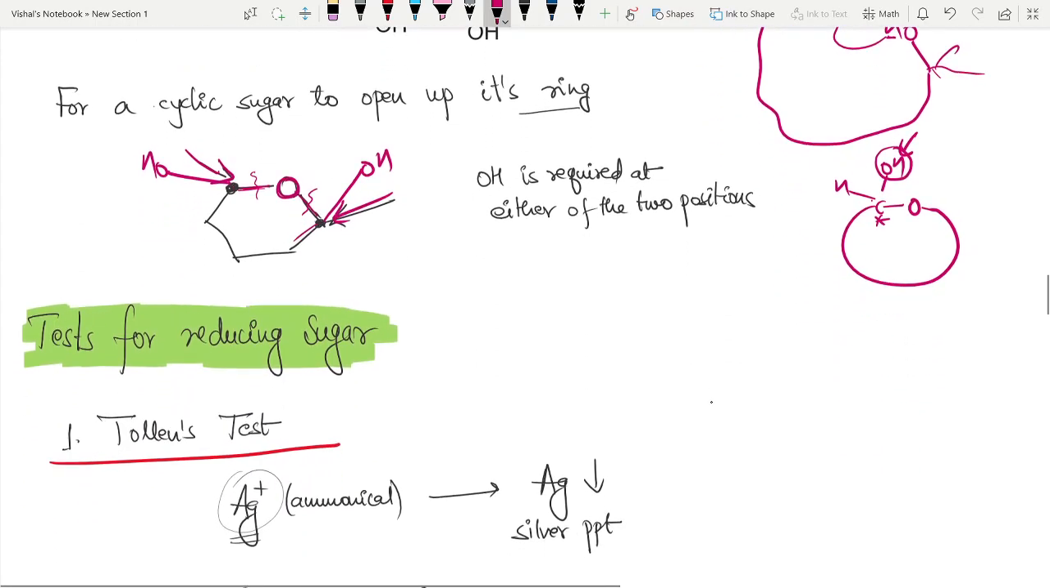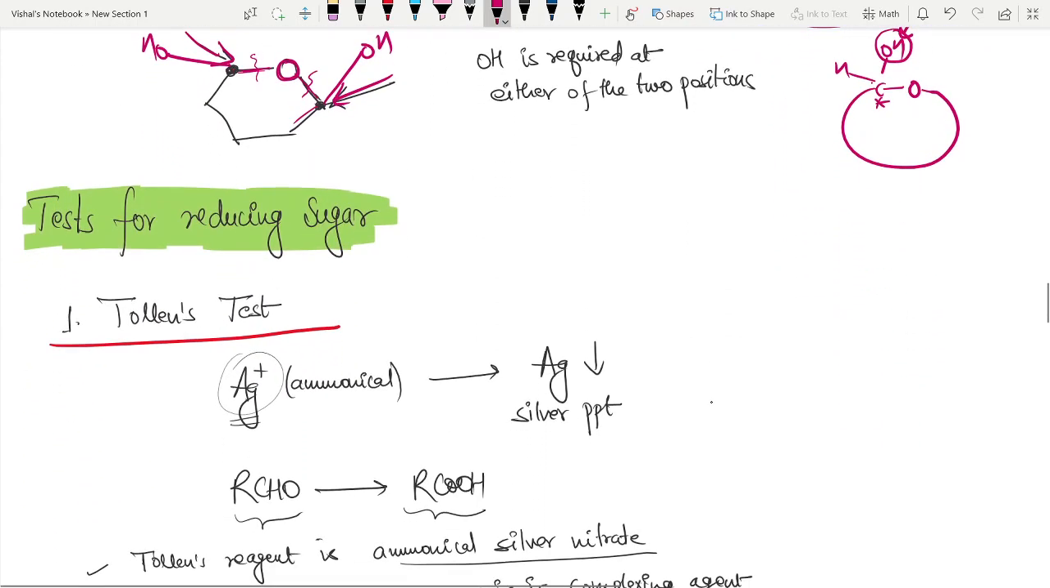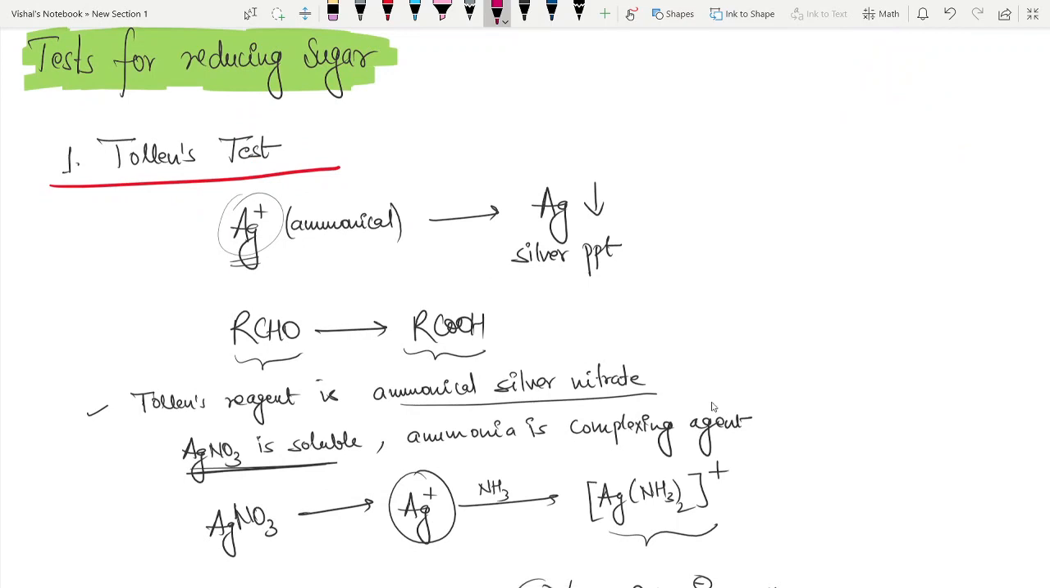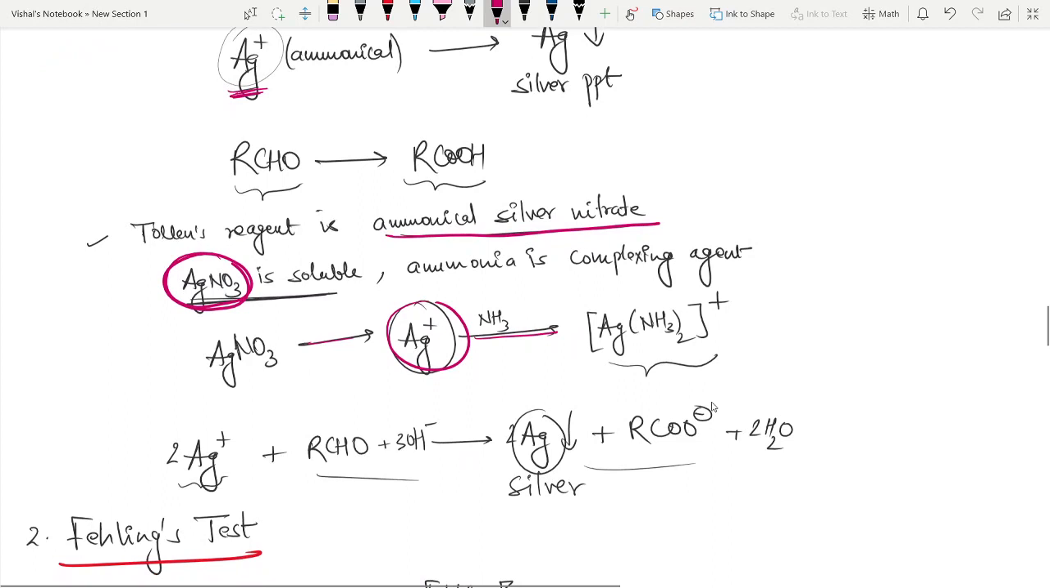Now let's see what the tests for reducing sugar are. The first one is Tollen's test. Tollen's reagent is basically ammoniacal silver nitrate. So you use AgNO3, which is soluble. It generates an Ag+ ion, and then ammonia is the complexing agent here, which stabilizes the Ag+ ion